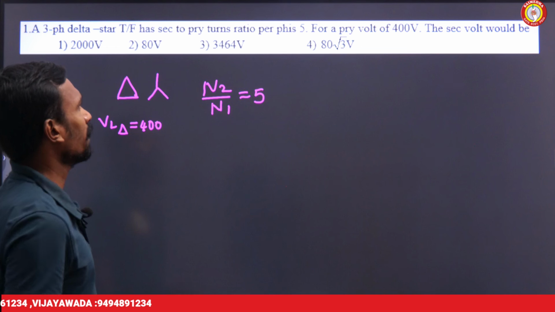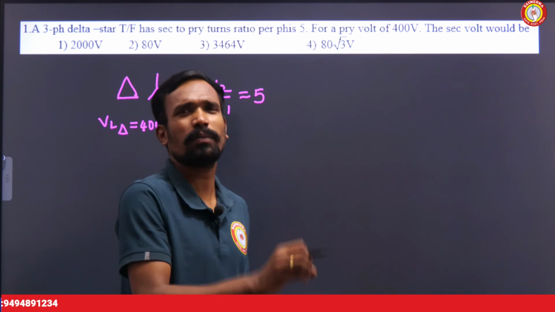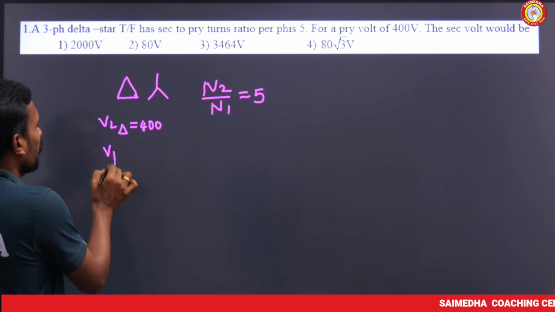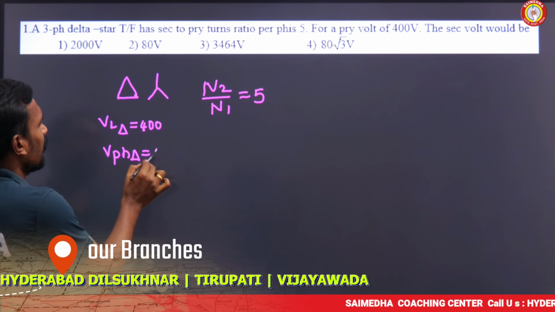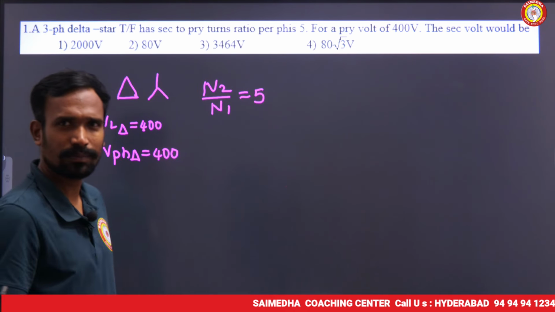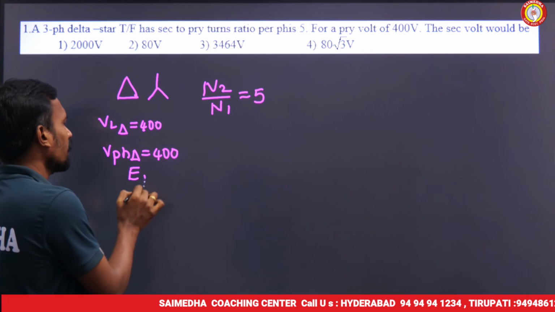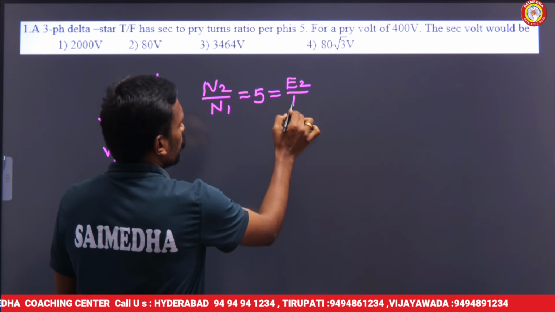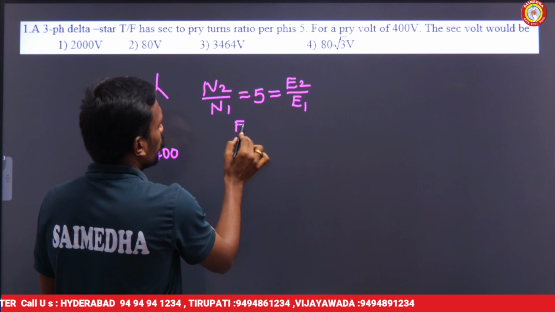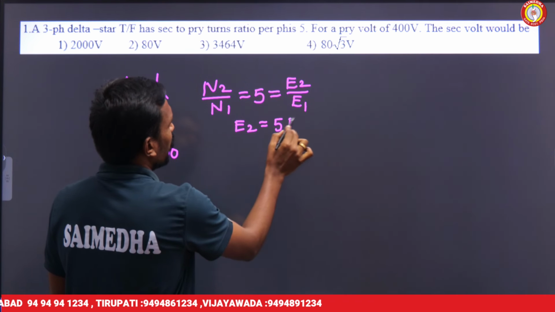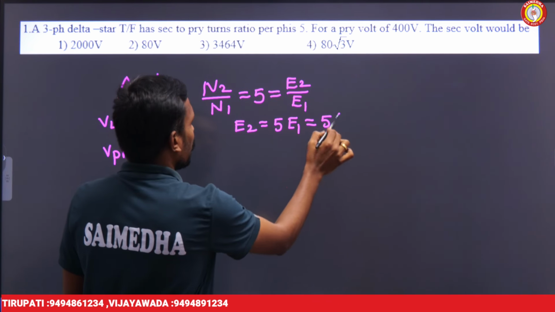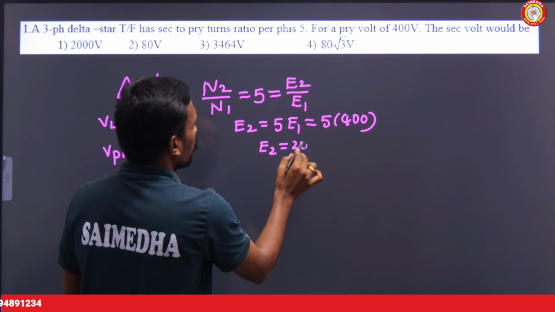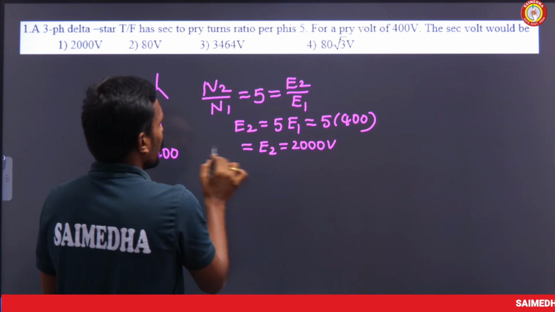The secondary line voltage is what we need to find. We need to give the answer in terms of line voltage. So tell me, what will be the phase voltage of delta? In delta, phase voltage and line voltage are both the same. If this is the primary phase voltage E1, then N2 by N1 equals E2 by E1. Then E2 is equal to 5 times E1, which is 5 times 400, so E2 is 2000 volts, which is